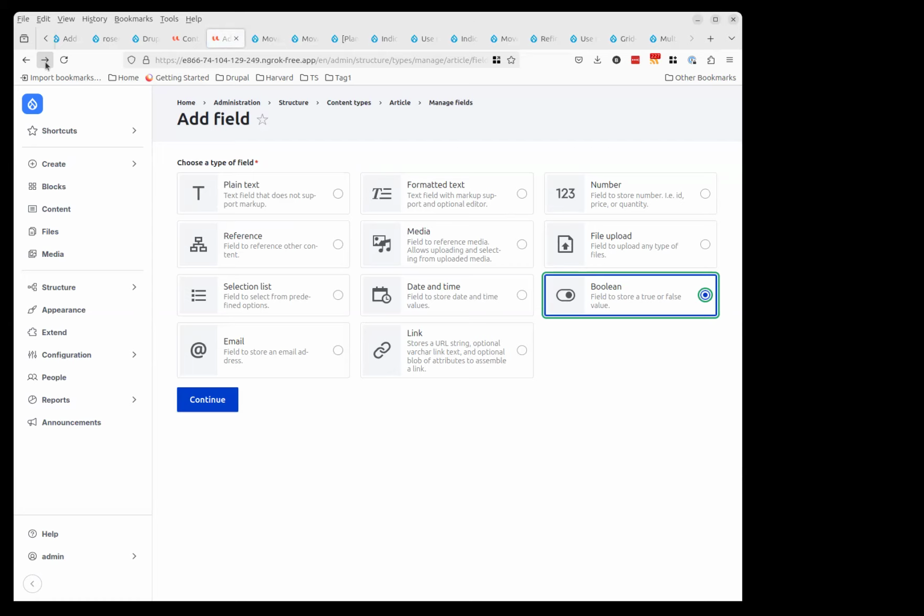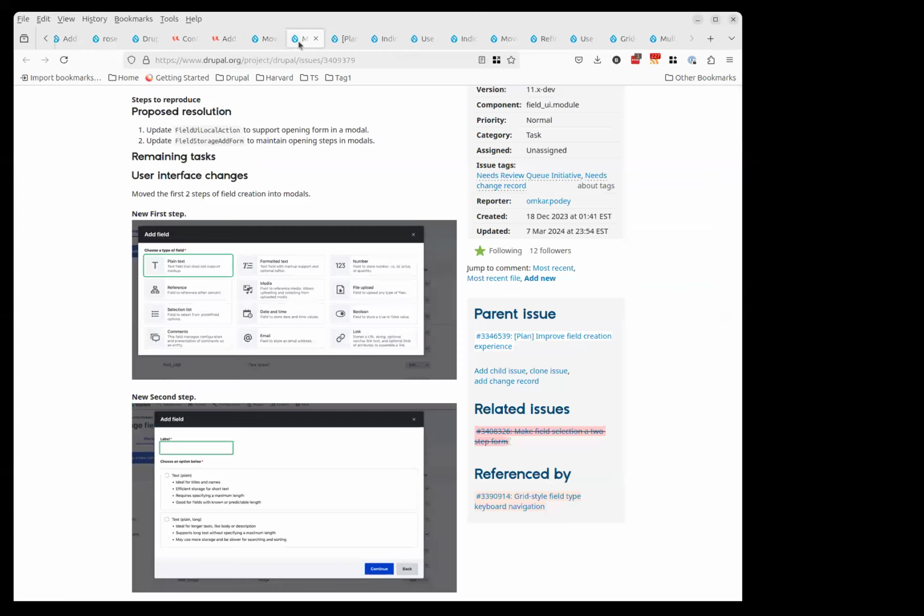Again, this is maybe why doing the modal issue first is better, because having extra steps in a modal feels a lot less wasteful than whole separate forms that reload the page every time you go through the submit button. I think, and yeah, Ralph's suggestion was that it might be better to do them in the other order and first implement the